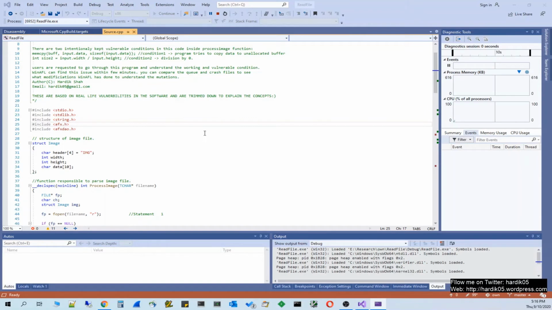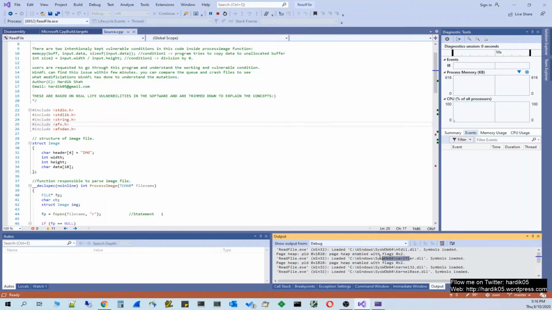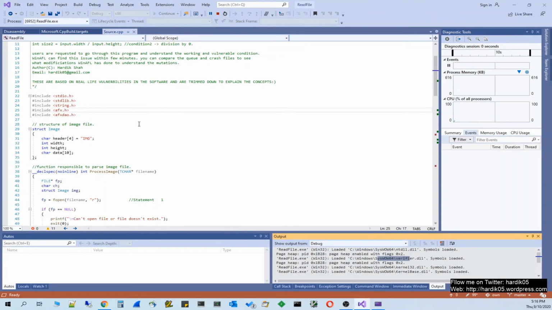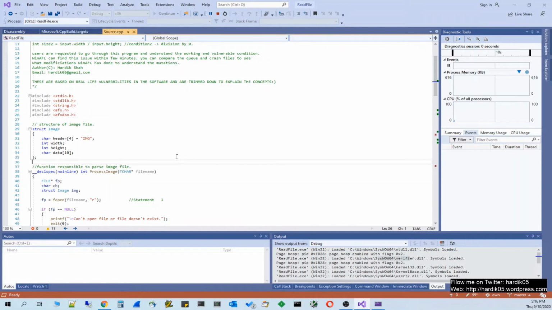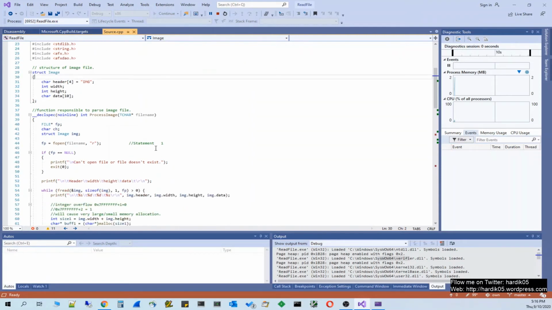It's taking some time, but it is loading some symbols, and you can see I have enabled PageHeap for my debug build as well. If you want to enable page heap, you can use the gflags utility. You just need to give your path over there, and that will enable page heap for your binary.